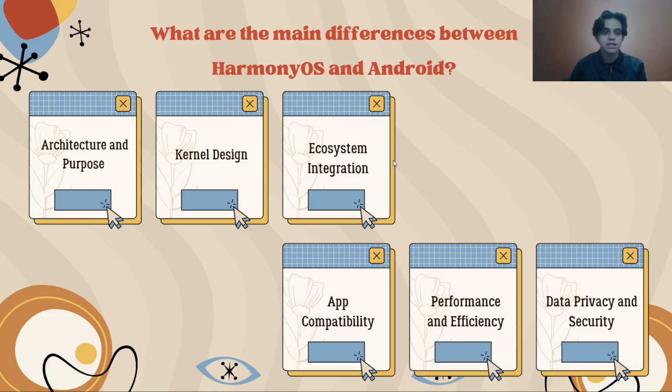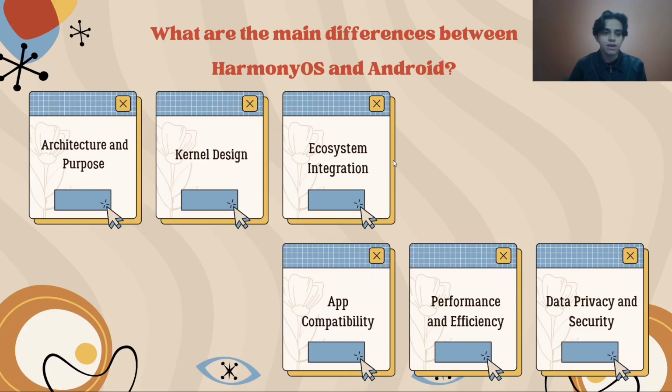Now let's look at ecosystem integration. HarmonyOS has introduced the super device concept, allowing devices to work seamlessly as part of a unified system. For example, you can effortlessly transfer a video call from your smartphone to your smart TV or tablet with just a simple gesture. This integration is designed to make your devices work as one cohesive unit, as highlighted by CSC520